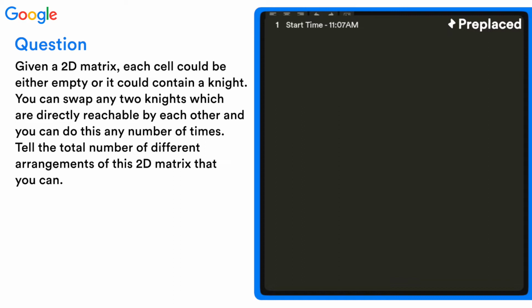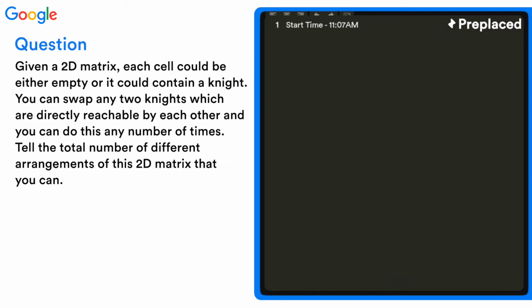Let's say you're standing on a cell. You go two up, one right, one left. That's two. Two down, one right, one left. That's four. Two right, one down, one up. Six. Two left, one down, one up. Eight. So we have a total of eight possible places. Now, let's say you can swap any two knights which are directly